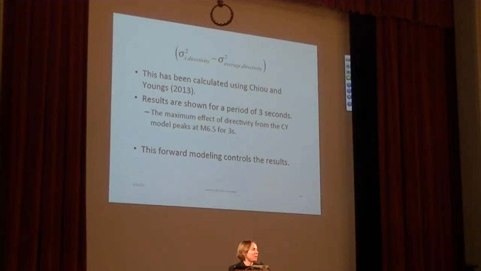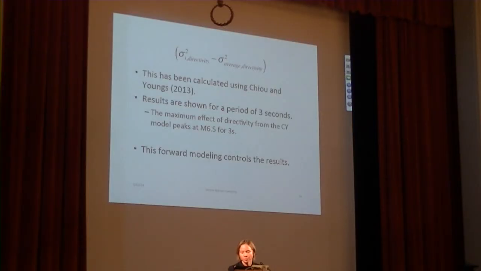Because the difference between either including or not including the directivity in the mean affects the standard deviation very little, it's this forward modeling that really controls the results and controls what you would add to your published ground motion